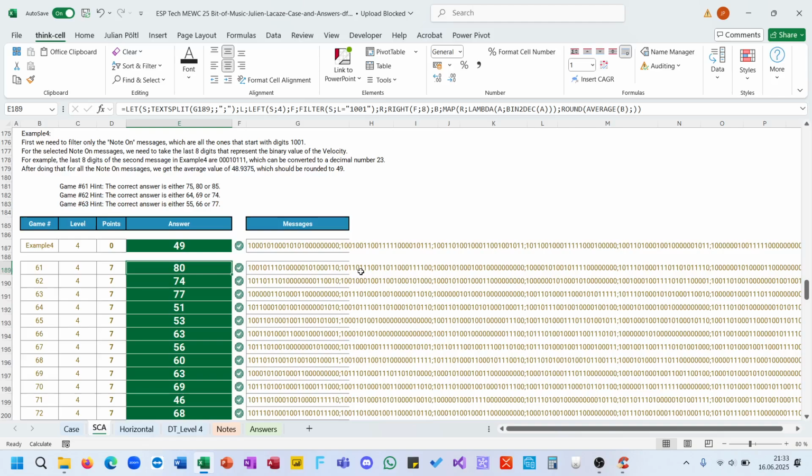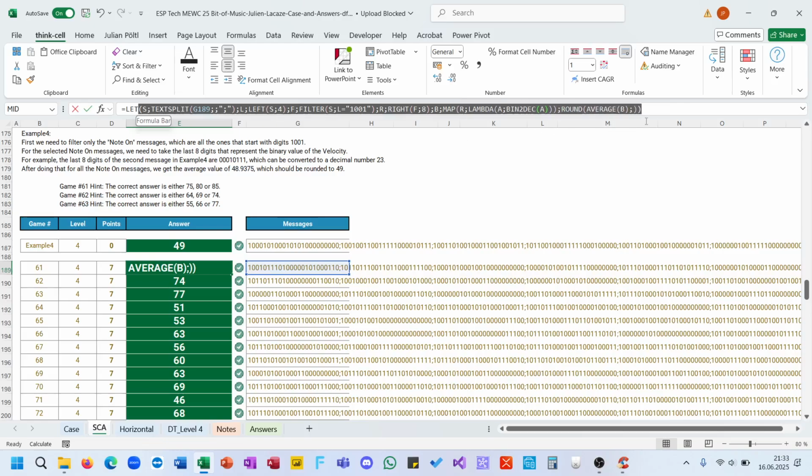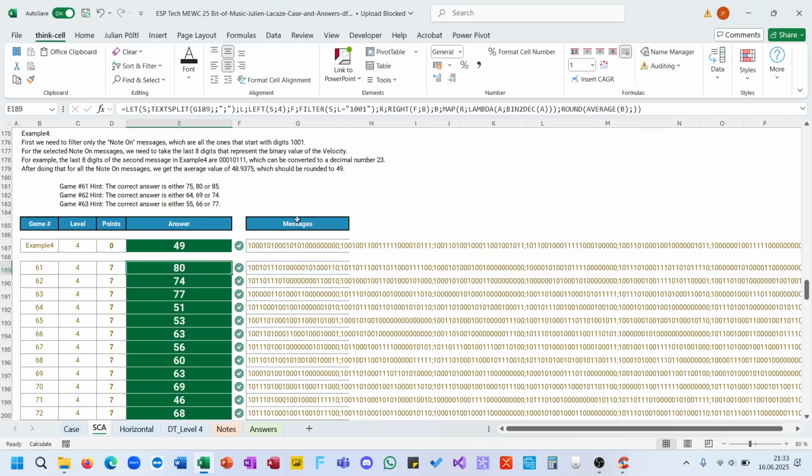statement, or from the start in a let statement, where you could name those intermediate calculations with letters or names, and then calculate it. And you have the solution to a whole game in a single cell. Therefore, it's called a single cell approach. You have there the input data and then the intermediate steps, and at the end an output. And yeah, it could be super handy, especially since